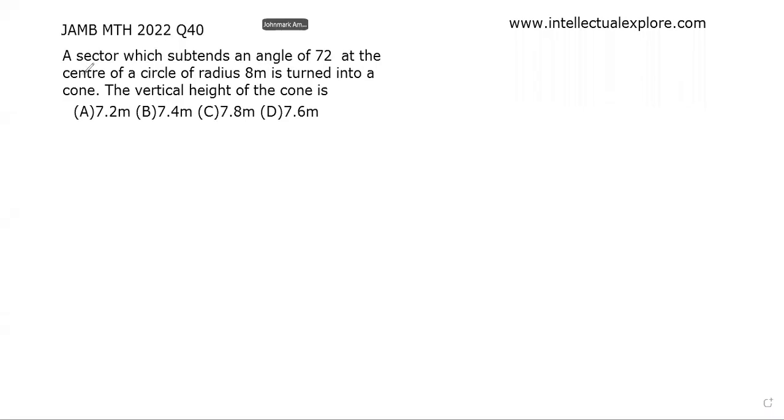Question number 40, the last question. A sector which subtends an angle of 72 degrees at the center of a circle of radius 8 meters is turned into a cone. The vertical height of the cone is,